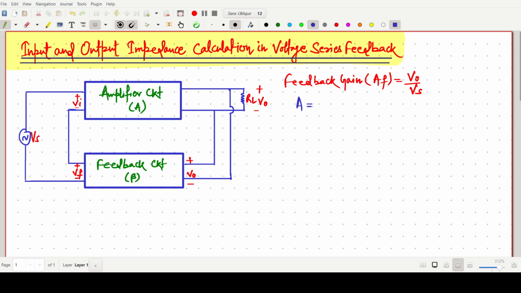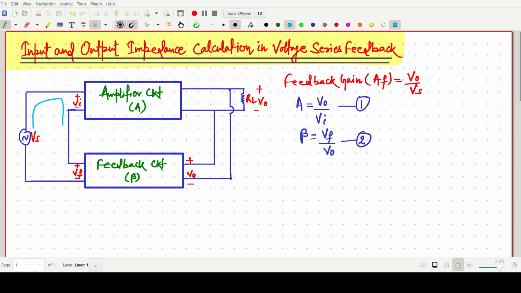The amplifier gain A is simply V naught by Vi, say equation number 1. The next equation, the feedback gain beta, is simply Vf by V naught, say equation number 2. One more equation one can write by applying